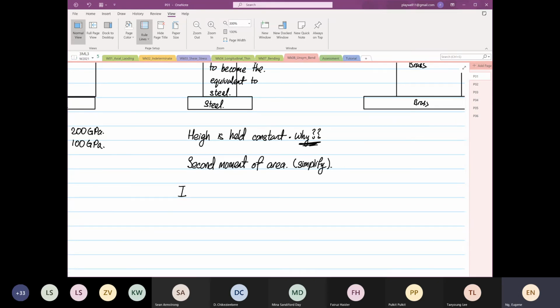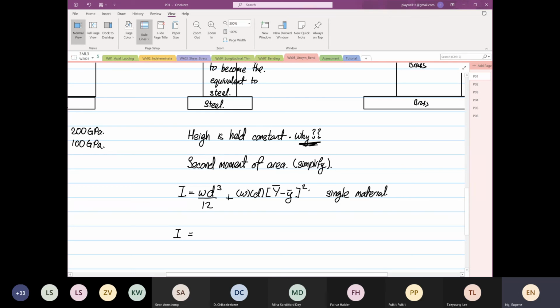So the original formula, you guys know by now, is width times depth cubed divided by 12, plus width times depth, times big Y minus small y bar, squared. Now, this is for a single material. So if you're going to change to a sandwich material,